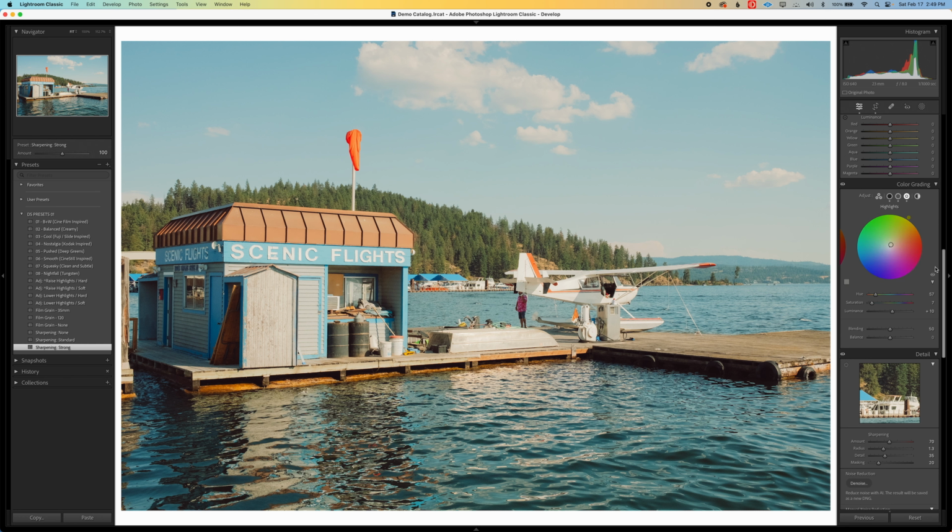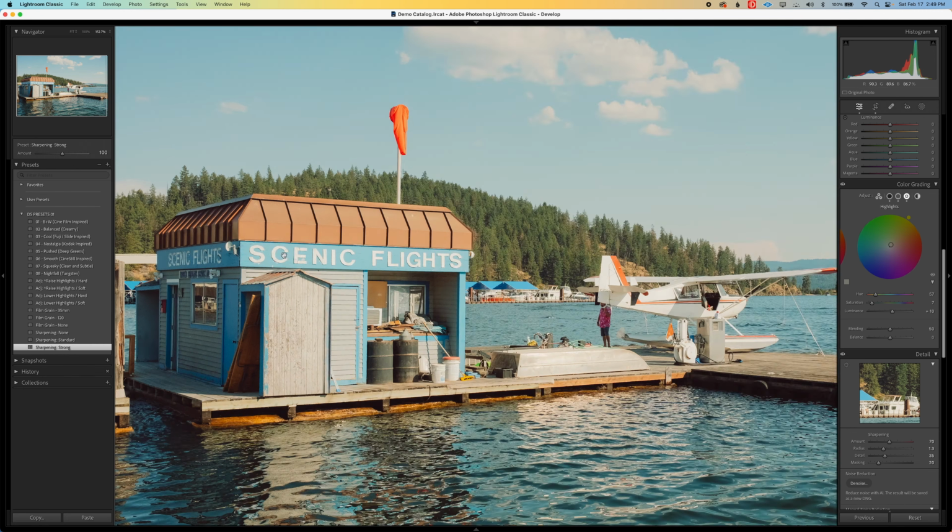And then, of course, do any kind of creative adjustments you want with these color wheels, and just try out things until you're happy with it. But that's sort of the general workflow. So you're working from top to bottom. I highly recommend, no matter what preset you're applying,